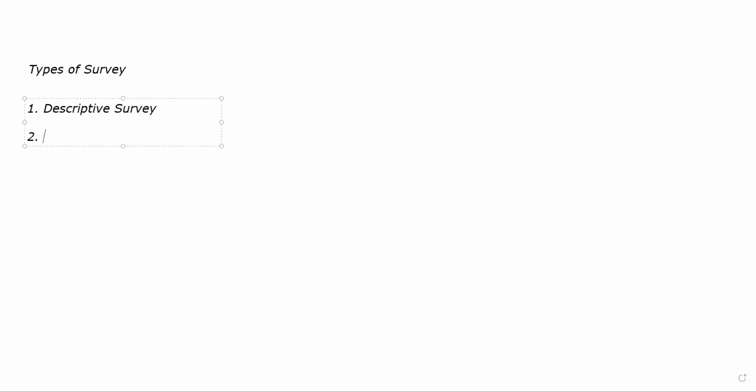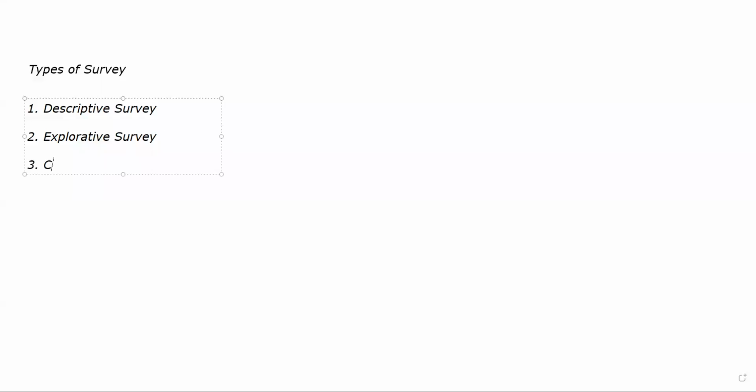Then there is explorative survey. Now, explorative survey में आप क्या कर रहे हैं? You are obviously trying to explore something that is already new. ठीक है, जो नया आकर हो रहा है उसको आप एक्सप्लोर करने की कोशिश कर रहे हैं, जो फिनोमेना हो रहा है उसको आप एक्सप्लोर करने की कोशिश कर रहे हैं. You are trying to examine the qualitative aspects of data, how good that particular data is, or how good that phenomena is, that new phenomena.